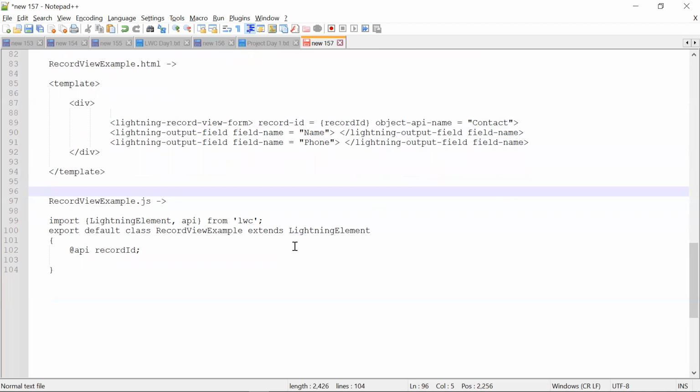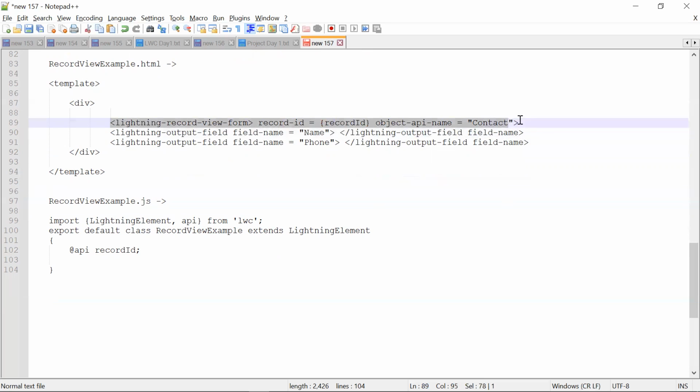How do we get to know that the current record's name and phone number are getting displayed whenever the record ID changes? How do we know that the name and phone number displayed are of that particular record ID and it's not fetching the previous one? Okay. So see,